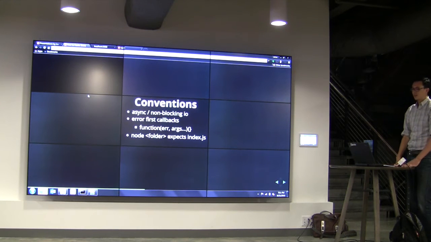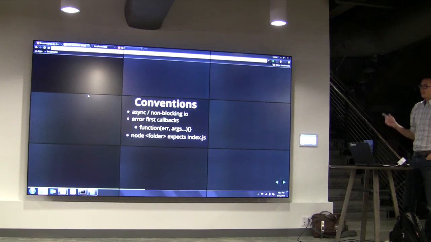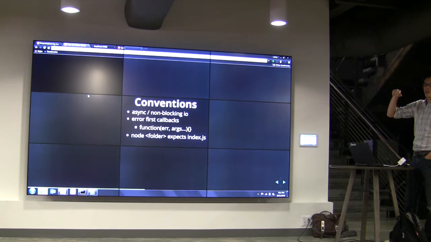Yeah, so conventions. So async non-blocking I/O. Sometimes I'll see guys that try to write synchronous code, and it doesn't work for a whole slew of reasons. But one of the biggest ones is if you actually were to get that code to work, because it's not multi-threaded, a second request that's coming into your web server will be blocked by your code that's executing. And if you have a bunch of synchronous I/O, which is